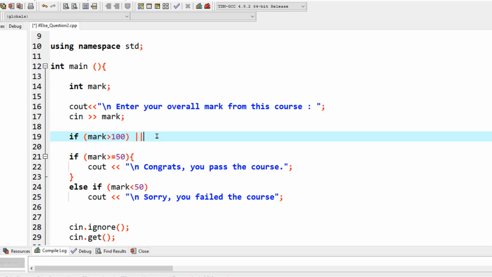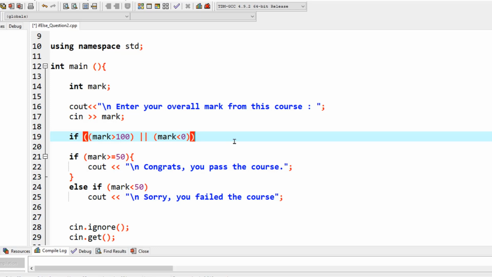This is an OR operator indicating that if this is going to be true, check out the next statement as well. And if the mark is less than 0, so if the entered mark is above 100 or below 0, and I'm going to put them into a bigger bracket, making them as one statement,